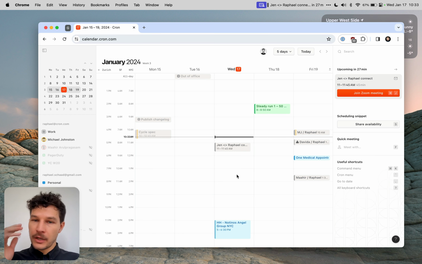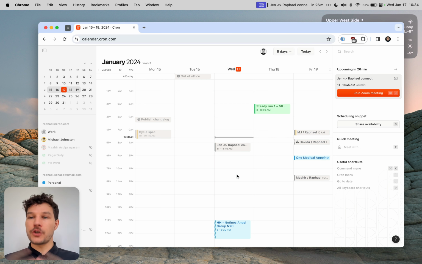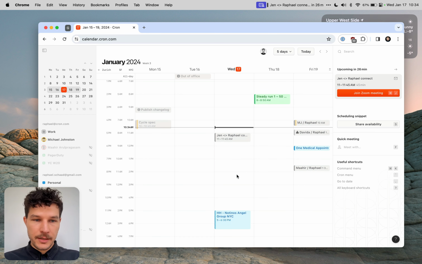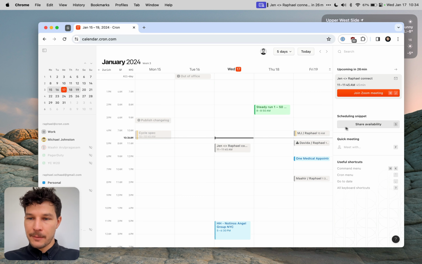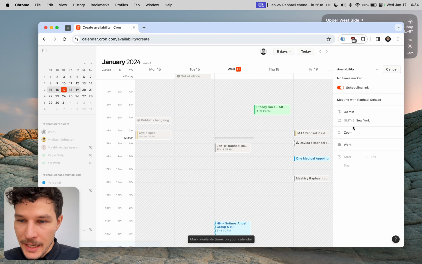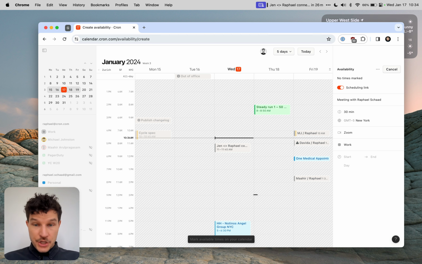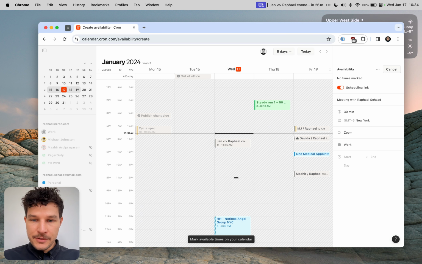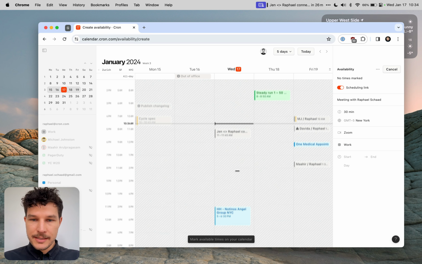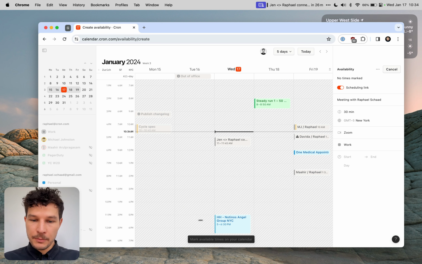Now moving from grid, events, teammates, multiple calendars, to interacting with people externally outside of my organization. We have a scheduler built right into the grid here. So if I wanted to find some time with my friend Emil, for example, I can just click Share Availability, and notice how my grid turns into this pattern, and there's a little prompt at the bottom that says mark available times on your calendar. So I'm free